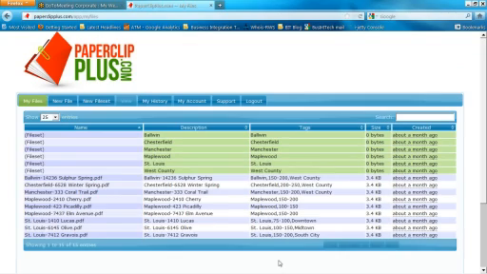So you can see that we have several home listings already uploaded. And notice that each of them have a couple of tags. Over here in this column is where it shows what the tags are. Think of tags as descriptors or characteristics of the contents of a particular file. So let me point out to you these 3 files right here that have the Maplewood tag on them. What this means,